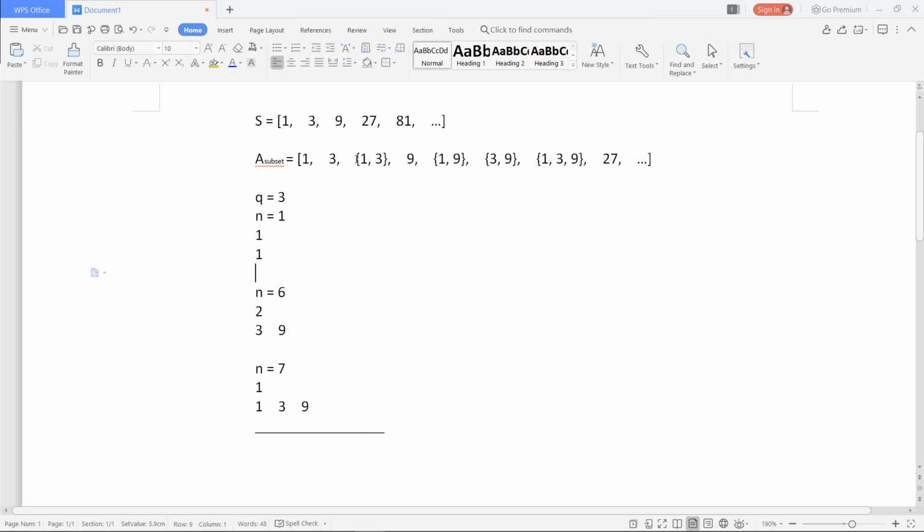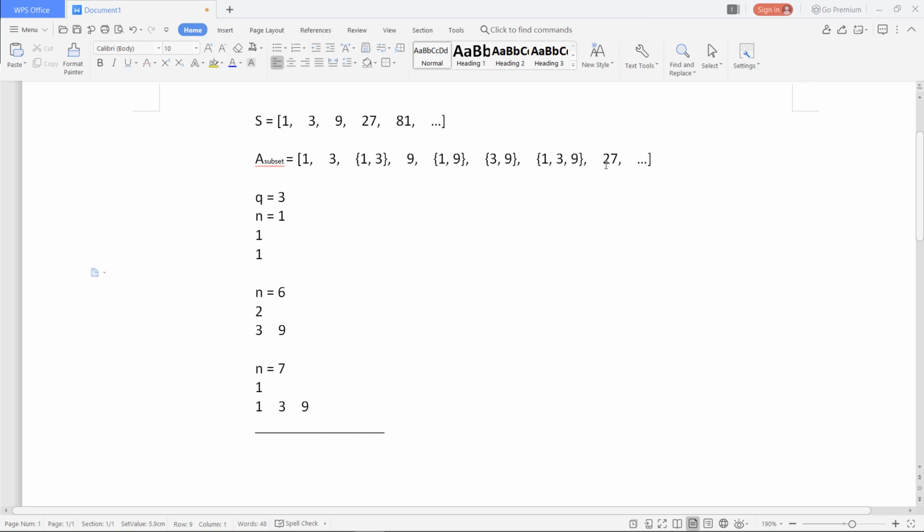You can see before 9 it's {1, 3}, and the sum of these two numbers is 4, which is less than 9. If we take this subset, you can see its sum is less than 27.